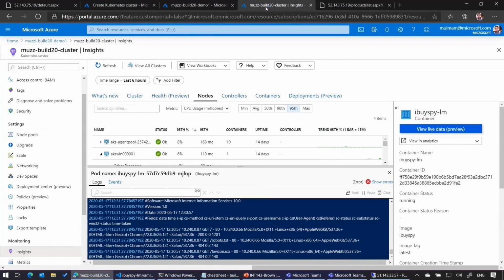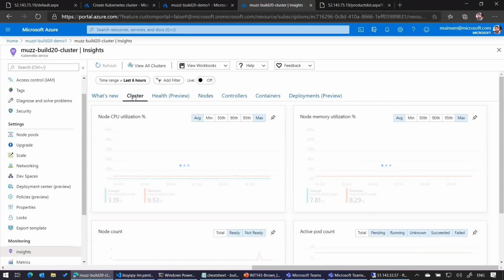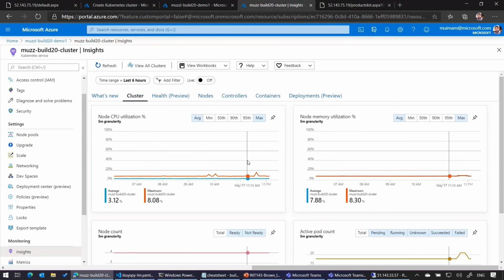Using the log monitor tool we announced at Ignite last year, I am able to get my IIS and event viewer logs right here in the portal under Container Insights. And from the same pane, I can look at all my IIS logs. So that's your modern logging. And I can look at the cluster health right from here, the CPU utilization and the memory utilization, all from